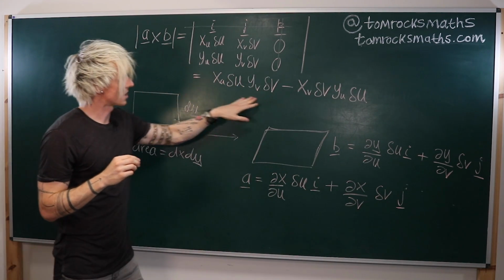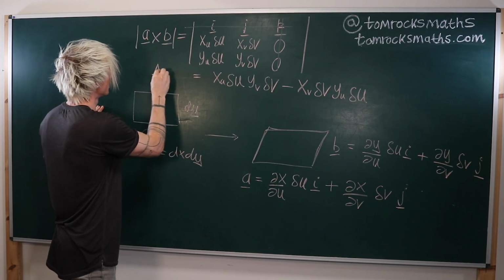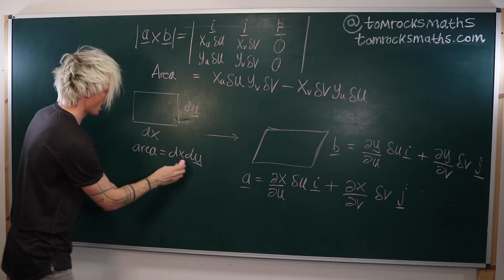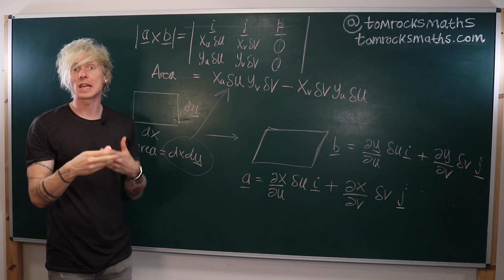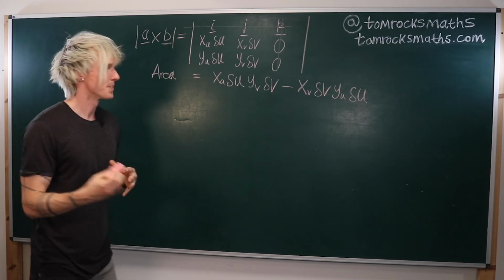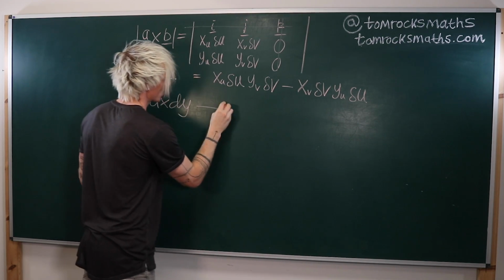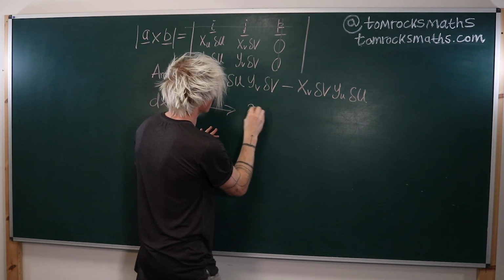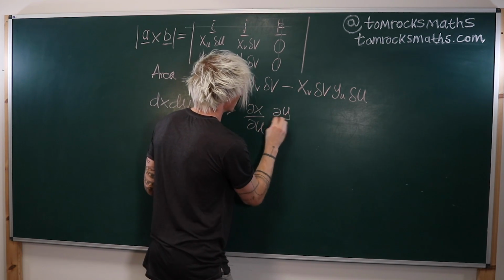So this is our final formula for the area of our parallelogram, and therefore how dx dy transforms under this change in general variables. Tidying this all up, we can say that our area dx dy transforms to dx by du multiplied by dy by dv